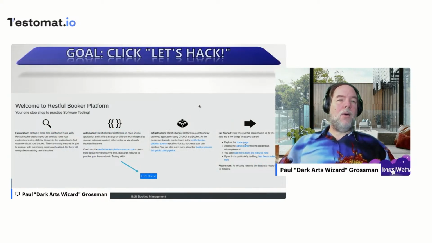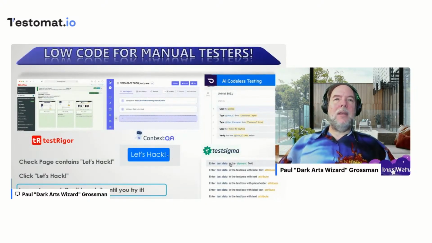You can click on the home page as a customer, and you can click on admin panel. And let's say all I want to do is click on the Let's Hack button. There it is. Let's Hack is right there. It's very simple. We just have to go and click on it. And we're going to be talking now a little bit more about how to click on that Let's Hack button with different